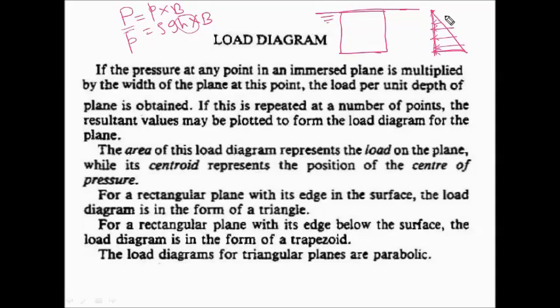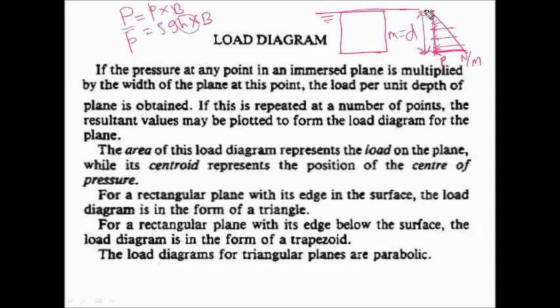So at the top the pressure will be 0, at the bottom the pressure will be maximum. You can say this is the depth of the bulkhead. I will call that a small d, and at the bottom of this load diagram will be the maximum load per unit depth, P, whose unit will be Newton per meter, and the unit of the depth will be meter.